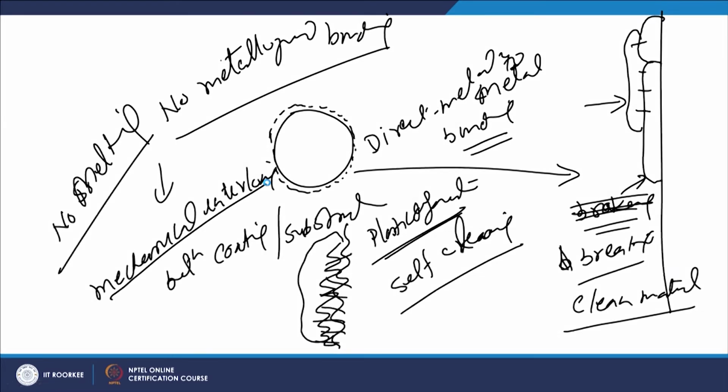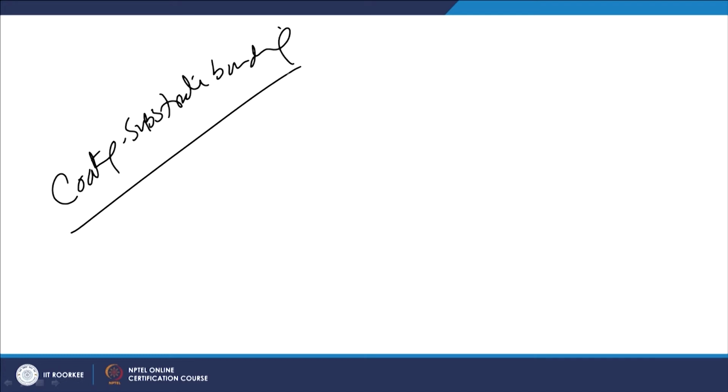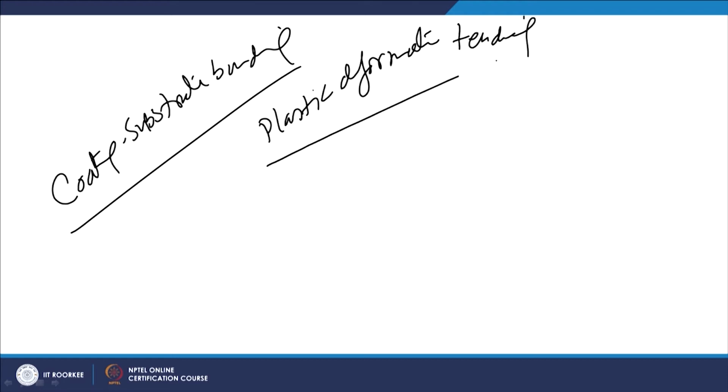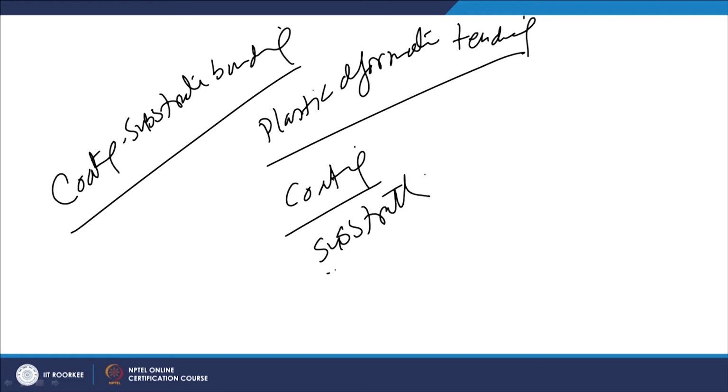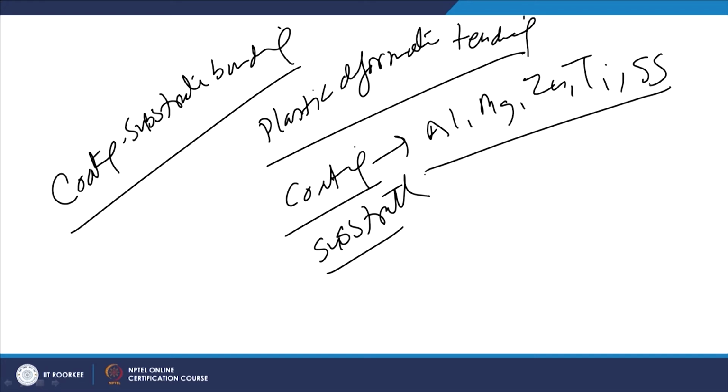So the prerequisite for development of the coating substrate bonding is the ability of the material to get plastically deformed, plastic deformation tendency, and this is needed in both the material to be deposited in form of coating and also the substrate. And therefore the coating materials which are comparatively soft like aluminum, magnesium, zinc, titanium, stainless steel, etc., coating of these materials can be